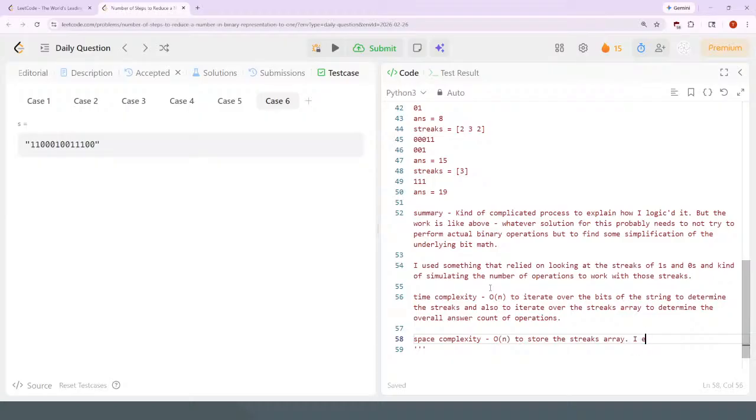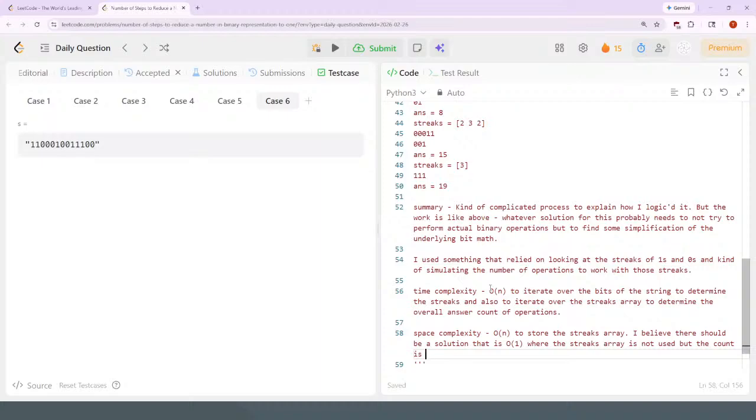I believe there should be a solution that is O of 1 where the streaks array is not used, but the count is calculated